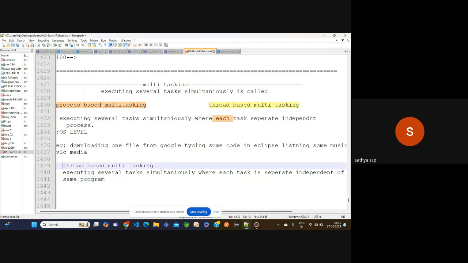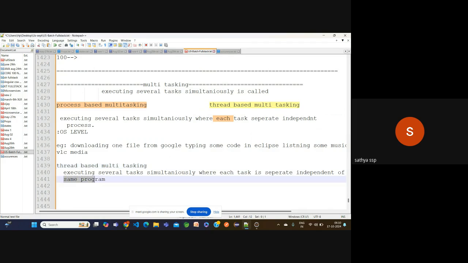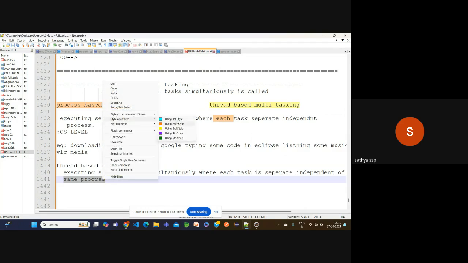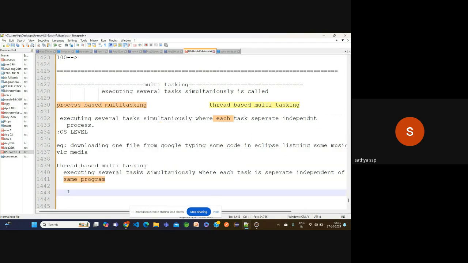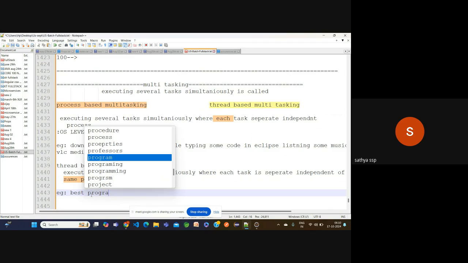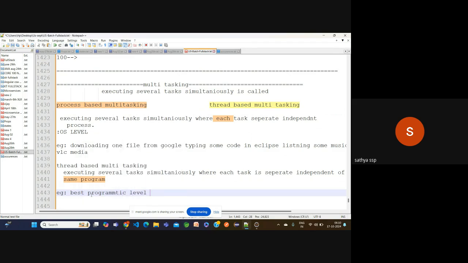Process based is a separate independent process, but here each task is a separate independent part of the same program. Only one program, and within that one program, separate independent tasks. It is best suited for the programmatic level.